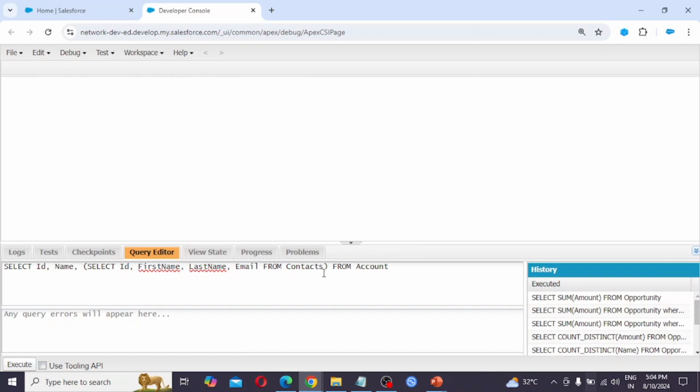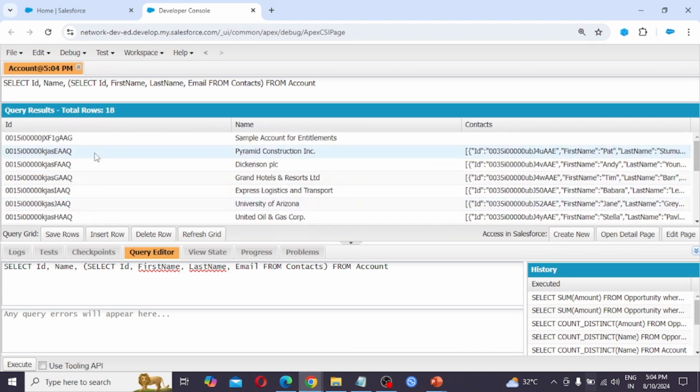This is the child object, and the 's' should be there. Bracket close, from Account. Execute. So we are getting the records like this. Id is from the parent object Account, Name is from the parent object Account, and from the child there are FirstName, LastName, Email.